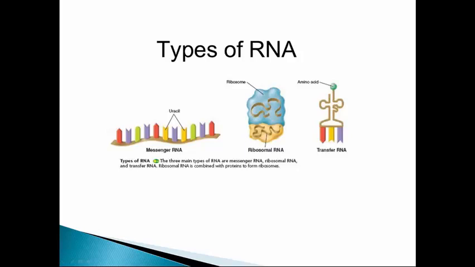Let's talk then more about these different types of RNA. Messenger RNA is the first type of RNA. The messenger RNA makes up about 5% of the RNA in the cell. And this messenger RNA will vary in size as well as its base sequence. But remember, this messenger RNA has to carry information from DNA to the ribosome. So then we go to the ribosome. The ribosomal RNA has complexes that read the messenger RNA and then helps translate that information into proteins along with